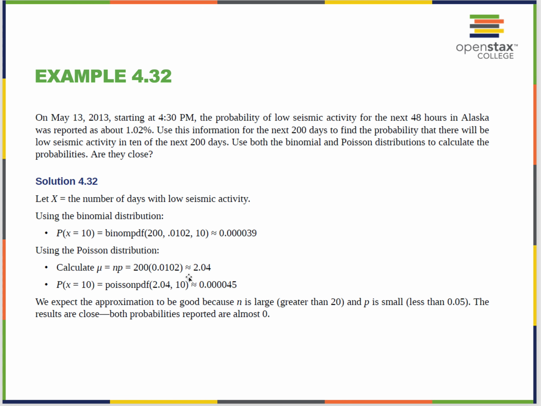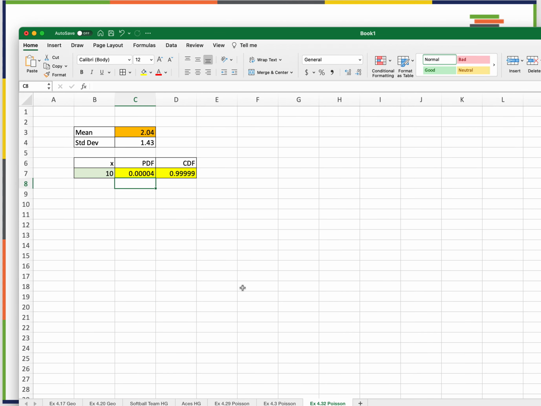I don't know what they got here. So the probability of actually getting 10 is 0.000045. If we make it bigger, what do we get? 45. Same thing. Sometimes the reason I need so many decimal places is these are low probability events. So I have to go up many decimal places to get an answer to this. So here's an example where the number of decimal places is dependent on